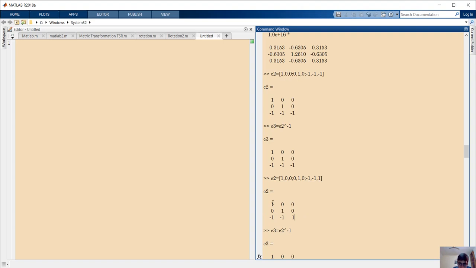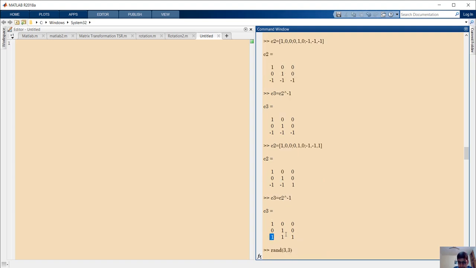Okay, so if we are translating, this place is for translation and this is also for translation, and if we are translating -1 and -1, then if we take the inverse of it, then it will give +1 and +1.